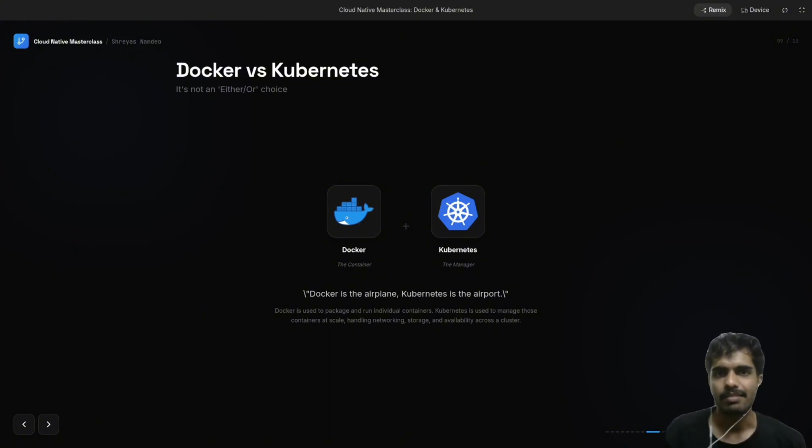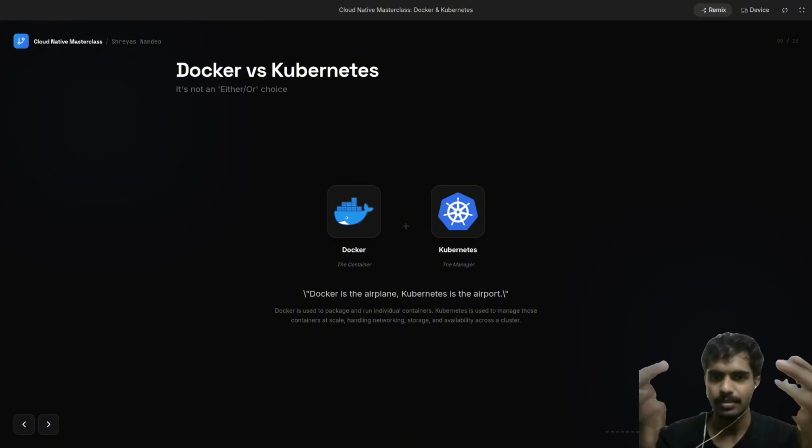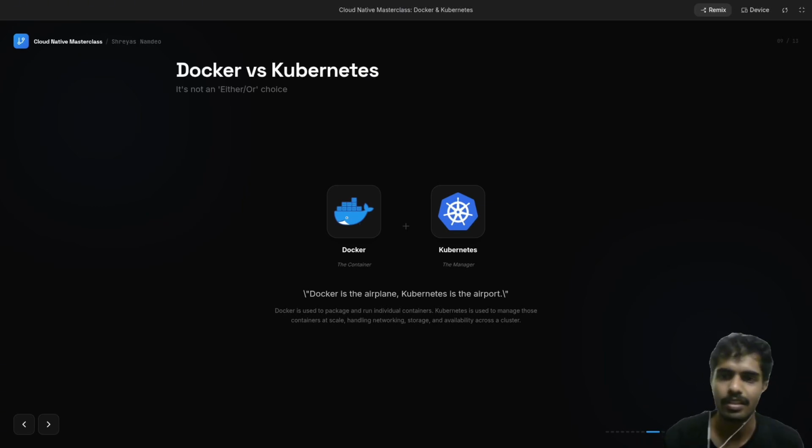So what is Kubernetes then? Kubernetes is the tiffin delivery system. It helps to manage your tiffins so that they don't break or get spoiled, right? It manages hundreds of those tiffins. Kubernetes has the capability to manage hundreds of tiffins. It helps to carry them from one place to another. If one breaks, it replaces it. It adds more delivery staff when orders spike. So it is just a managing system for tiffins.